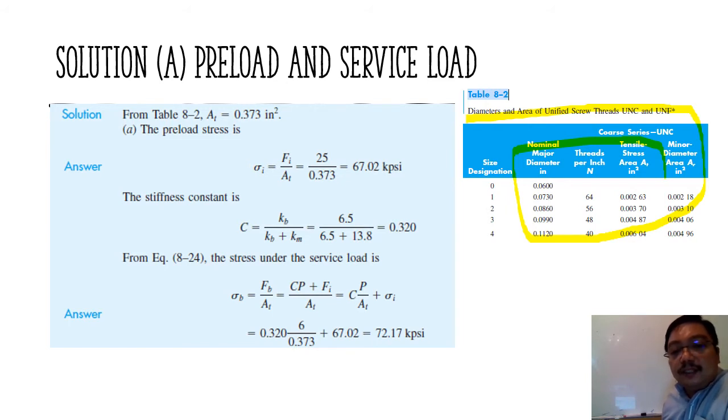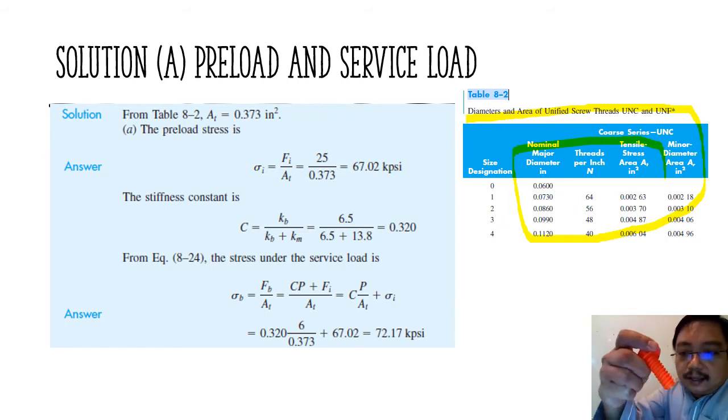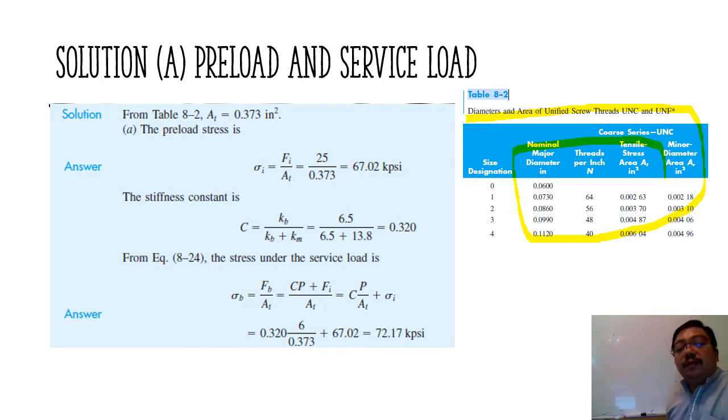The stiffness constant represented by the letter C is kb over kb plus km. Kb is the stiffness of the bolt, and km is the stiffness of the member. What is the member? The member may be the washer and maybe the nut, the members of that bolt. So 6.5 over 6.5 plus 13.8, you get 0.320. And equation 8.24, meaning the stress under service load,